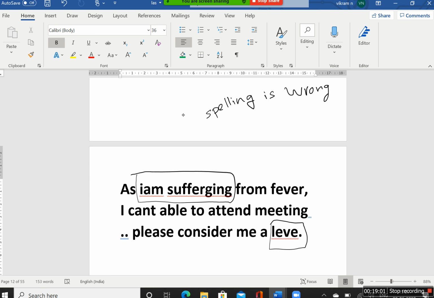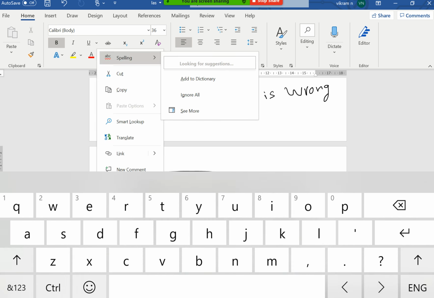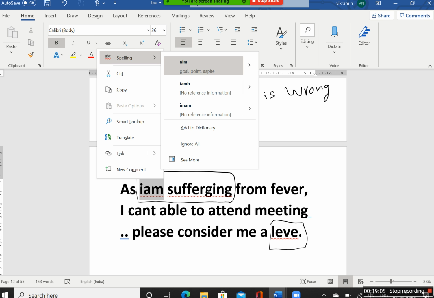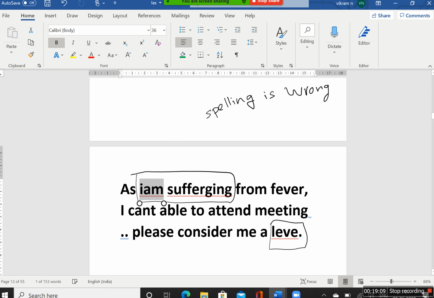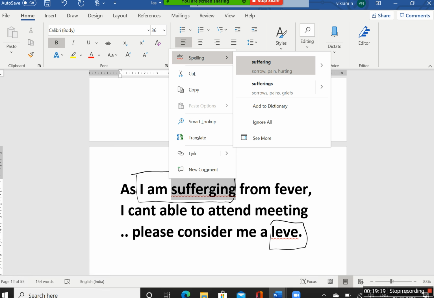First I try to use the inbuilt option. It's not showing anything, but there is a mistake. If I give space like this, check it out. Automatically, the red color will be eliminated. See, you can see here the spelling suffering. Yes, I am suffering.